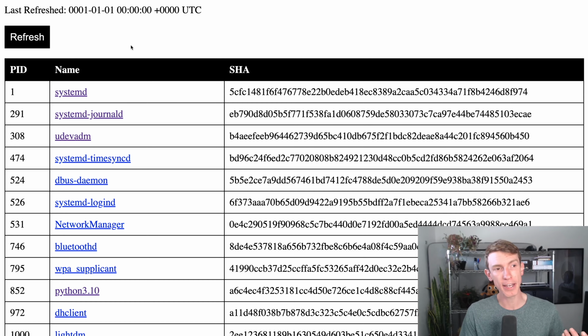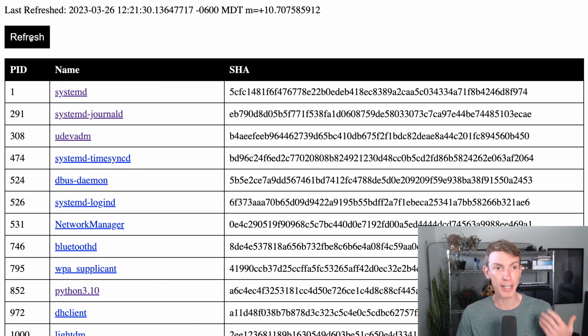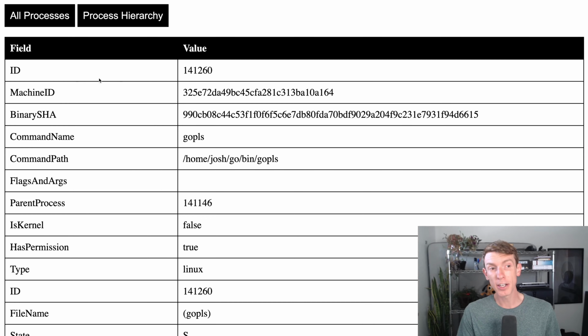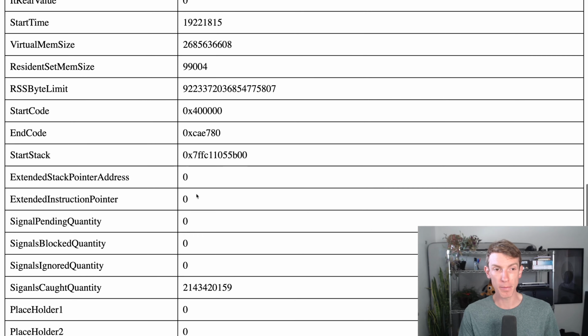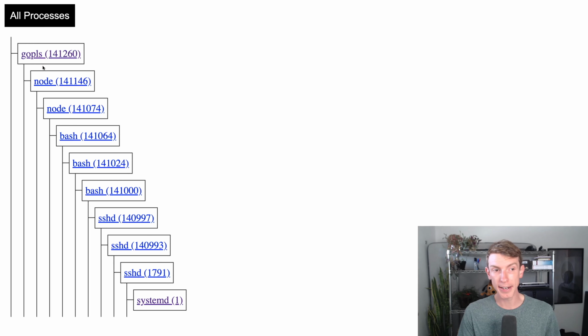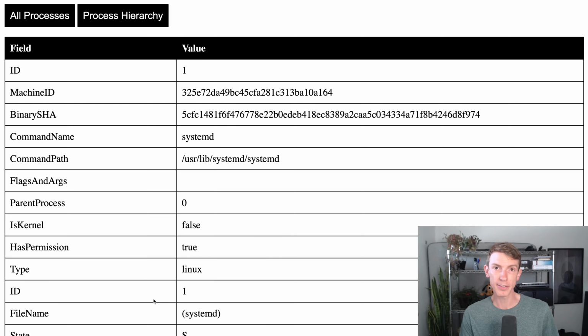Additionally, what if it was navigable? So we could go in and refresh and get a list of the new processes and their IDs. We could find the process we were looking for before. This time it's gopls, looks like the ID has maybe changed. Click on gopls, get information about all of the different kernel level details, and then view that process hierarchy again in a cool tree view with, again, hyperlinks that allow us to find some other process,